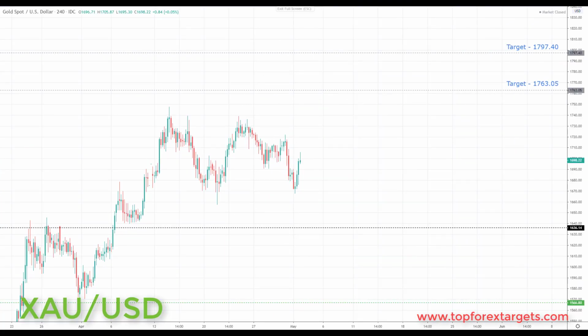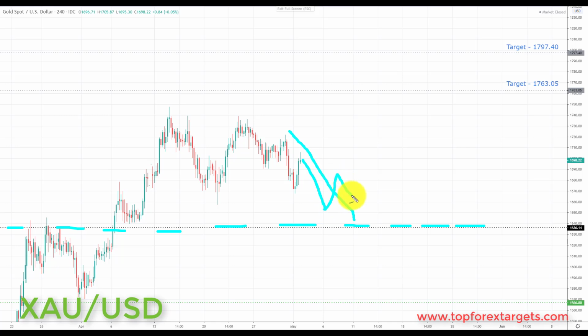And last but not least, we have gold. Now last week we started to correct to the key area of broken resistance from the past, potentially looking to turn support here in gold at the 1636.14. As we start to correct down towards this level, any further correction would be great, as this is going to give us better risk to reward setups to the upside if we start to reverse. But any pullback in this area, down towards this key area of support, is going to be viewed as an opportunity to start to look for bullish setups.